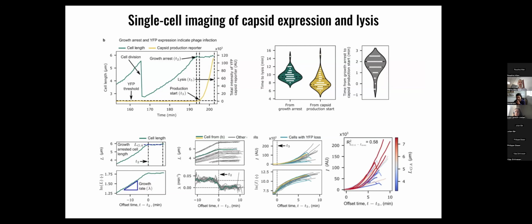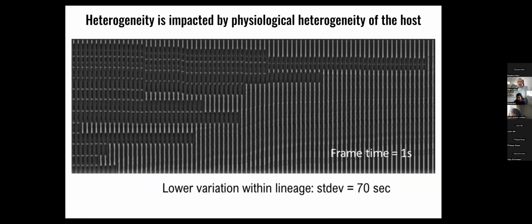Now, so far we have talked about the process after host takeover until lysis, but we haven't really talked about the first steps. Before that, I'll show one thing: even when we went down to 1 second time resolution, we couldn't really see the lysis process. Basically, the cells disappeared within a frame. There was an intact cell, and in the next one there was nothing. So we couldn't see the details of what happens when the cell is lysing.